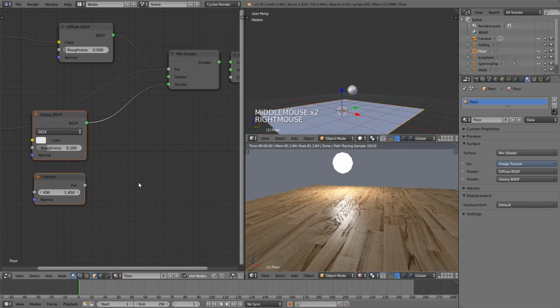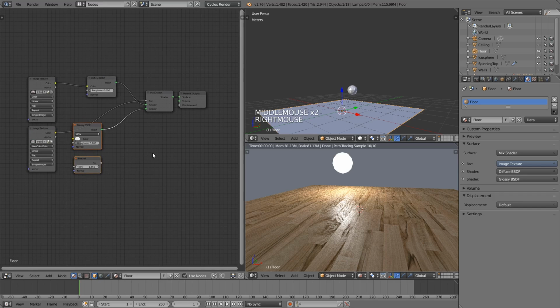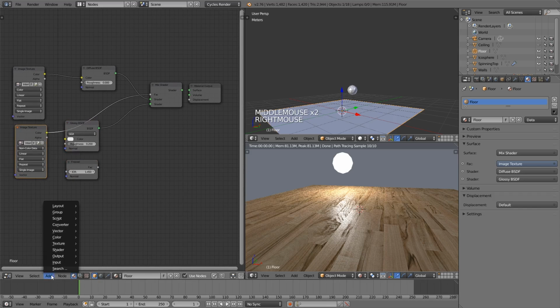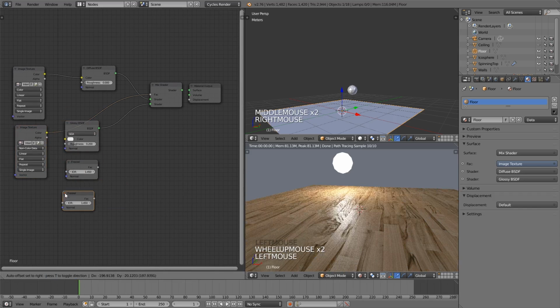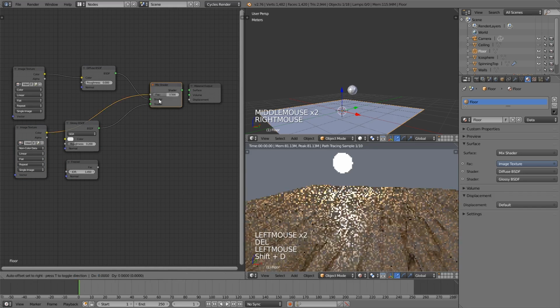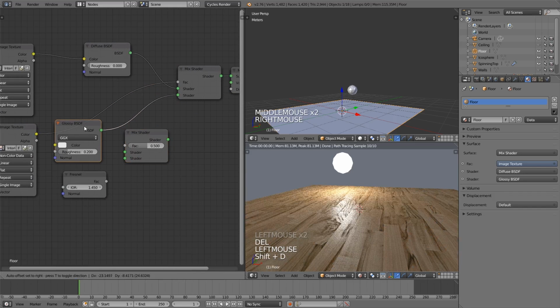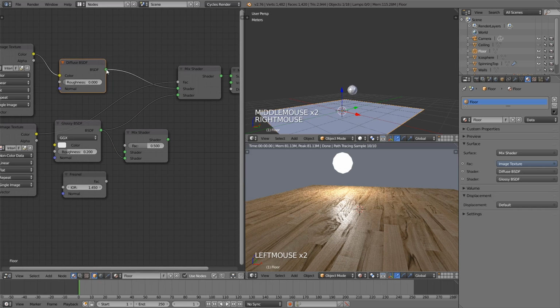It was the new Earth tutorial from BlenderBrit, on how to mix in a Fresnel value with an image texture, and this is how you do it. Very nice. I've just added in 2 of those. Get it together, man. Okay, we'll get another mix shader. We'll feed the glossy into the bottom value and the diffuse up here into there, and then the Fresnel into there, and then that gives us,